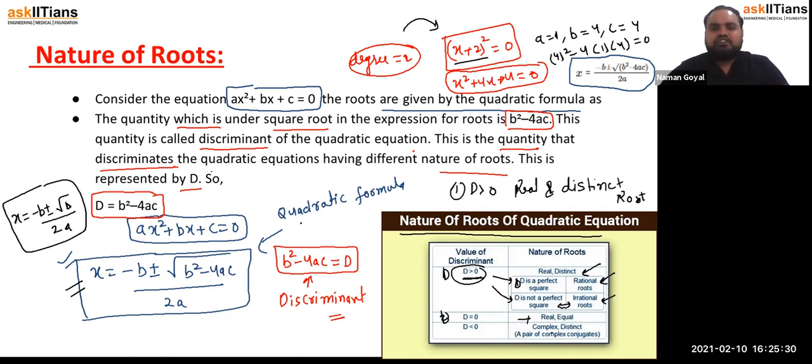So this is all about nature of roots. So for finding the nature of roots of this equation, what we have to find? We have to find the value of d. And what is quadratic formula? If an equation is in the form of ax square plus bx plus c is equal to 0, then the value of x which satisfies that equation is given by minus b plus minus under the root of b square minus 4ac upon 2a. Are you getting my point? See, this is very simple and very important from the board point of view. So you have to give more attention to this.